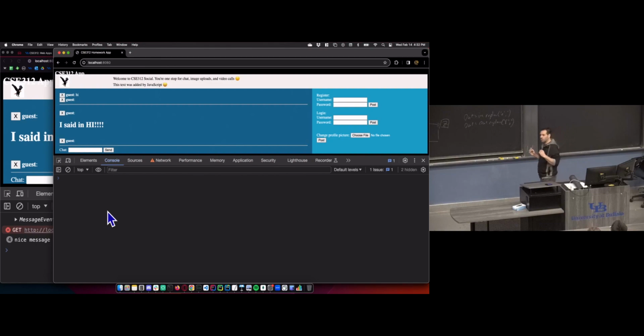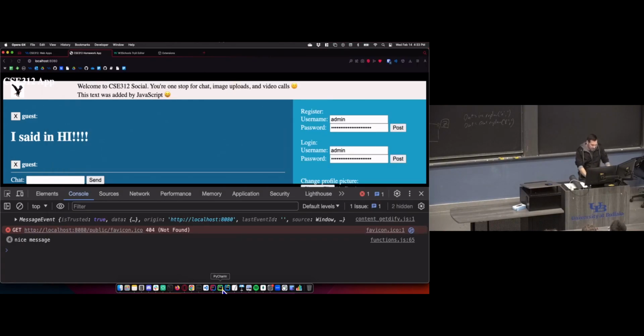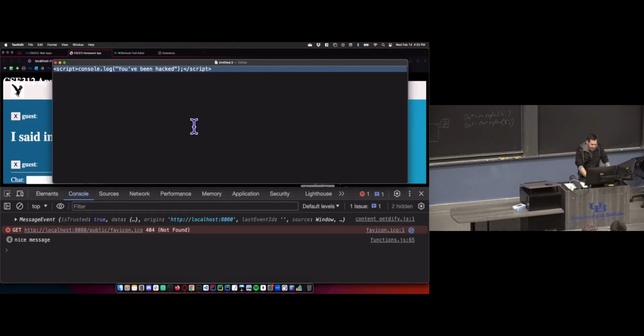The reason is the way this chat is working is with AJAX and polling. That means we're polling to get the chat history and then rendering all that to the page, but we're adding a script tag after the page loads that won't be executed because the page already loaded. The script tags will only be executed on page load, not if they're added after the page loads. So we actually didn't attack anybody. So we're safe, right? We're protected. No. Nope.